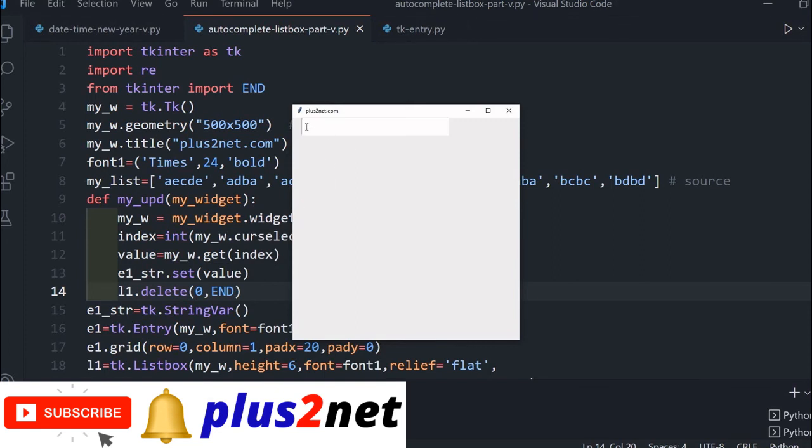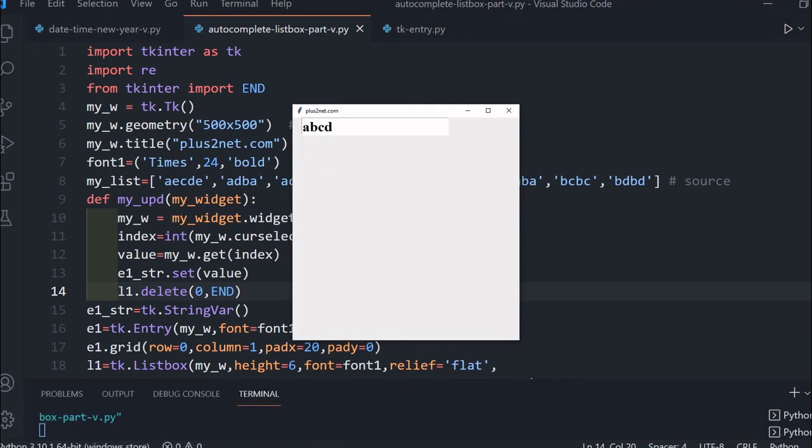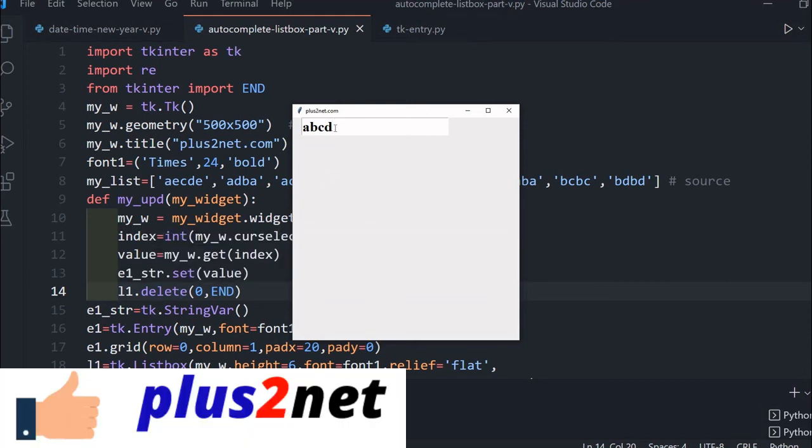Here it is A. Now a lot of options are there. I will go B. Suppose I am to pick up this, I am just clicking on this. So these options have vanished because of this line number 14. And again I will just show you, you just see, data is updated. Now once I am clicking any of the options or doing a selection, this is going.